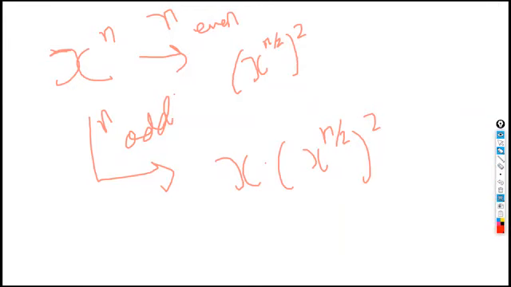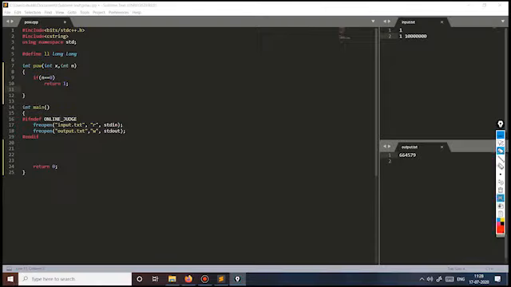Because see, if we go on reducing this x to the power n by 2 for any case, let's say it's 5 to the power 2 only, so if we reduce 5 to the power 2 by 2, it becomes 5 to the power 1 and then the square of this part, again 5 to the power 1 will be reduced to 5 to the power 1 by 2, that is 5 to the power 0 whole square, and then the whole square of this part. So if n is 0, we have to return 1 because this would be nothing but 1 itself. Okay, so we need to take care of this part also, so we took care of that part over here.